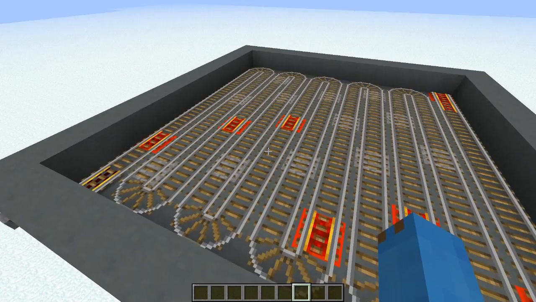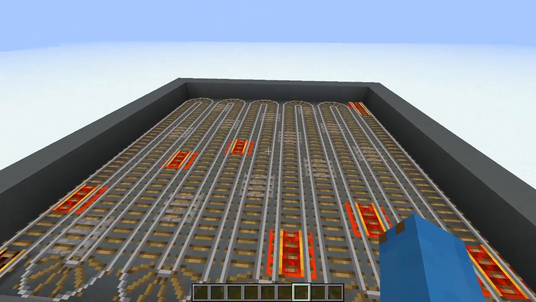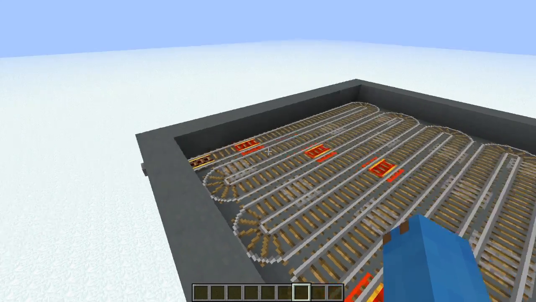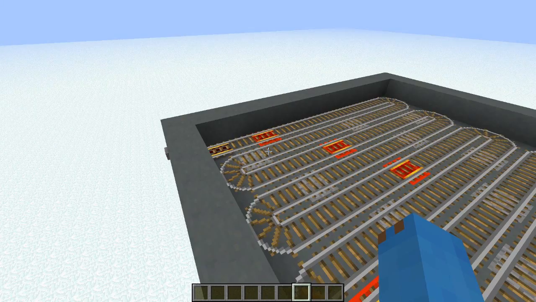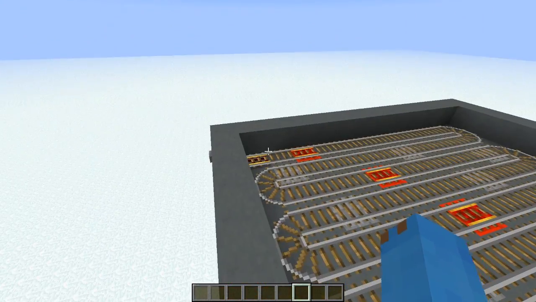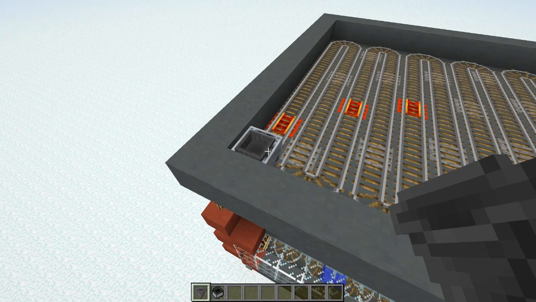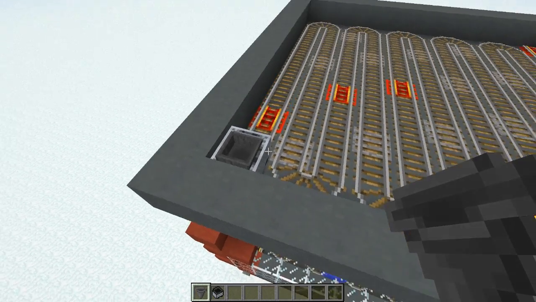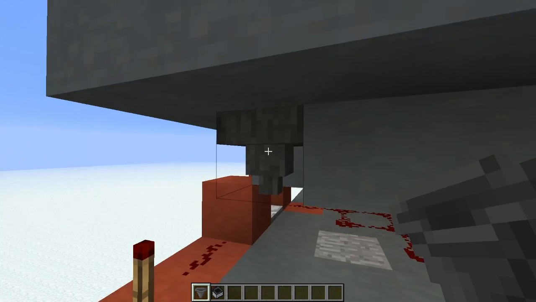And once again, it's really not a bad idea to overcompensate, because once you have a roof on this, the minecart will actually move slower. So at this stage it needs to get to the end at a very good pace and back again at a good pace. For a central collection system, all you have to do is come underneath here and just dig